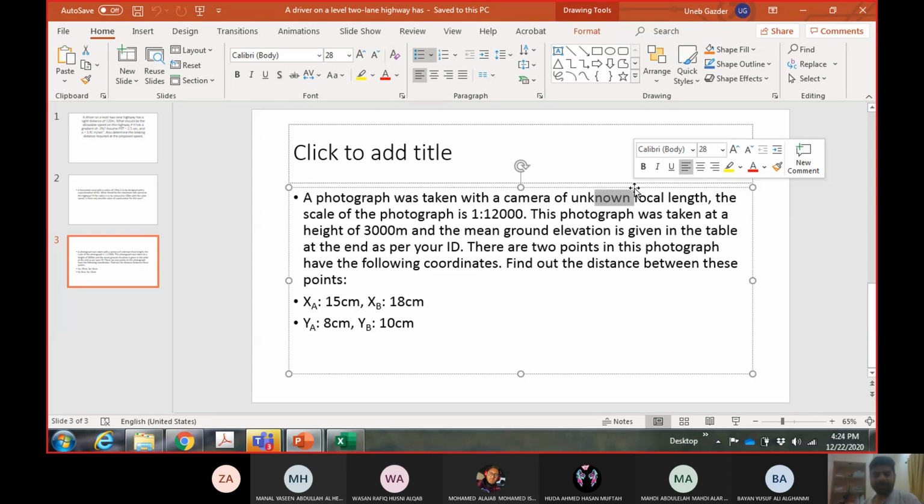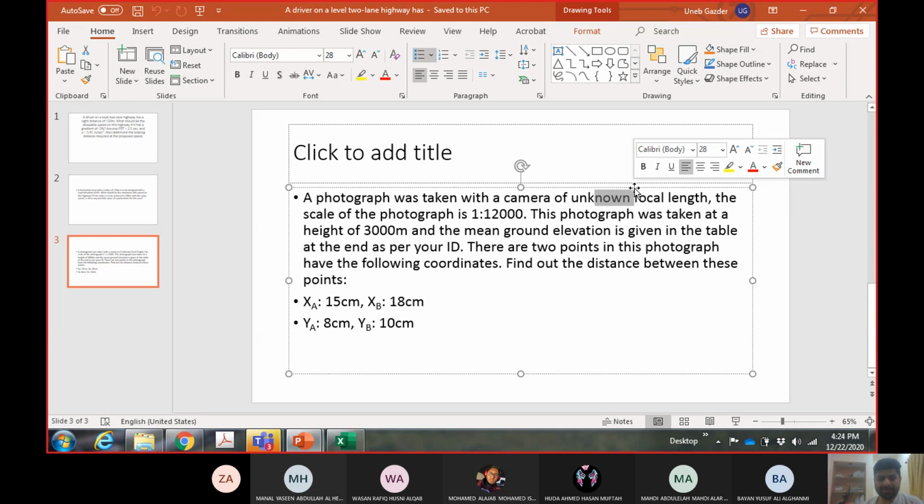There were a lot of students who did it like this. They did not waste any time, and alhamdulillah, their answer was correct as well. But some of you got confused because of the focal length. Why is the focal length not given? It's not given, but it's not required. There was some extra data in this question, and that was the only problem. There was no other problem in this question.